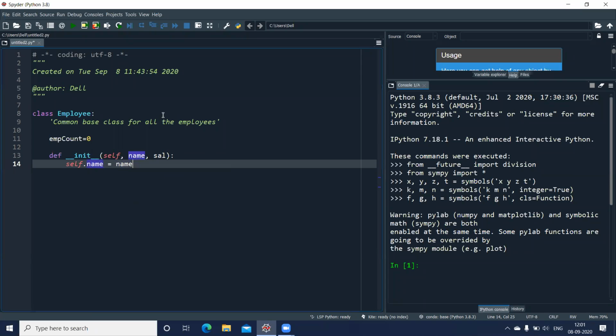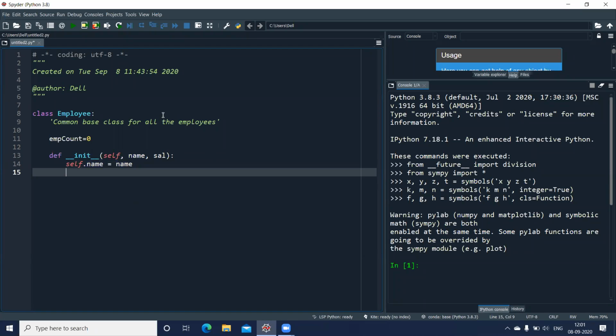Now there is a difference between self dot name and the name variable here. Your name variable, which is inside that round brackets as arguments, are your parameters. And when I write self dot name, this becomes a variable, a local variable of this particular class. It is not a class variable, please remember. It's declared inside. Your class variable is only EMP count. Why? Because I have declared it outside the method. It is not a part of the method. So I have a variable called name, which is initialized to the parameter name.